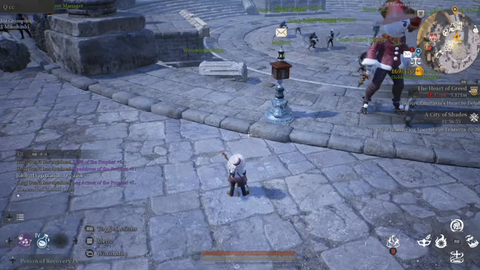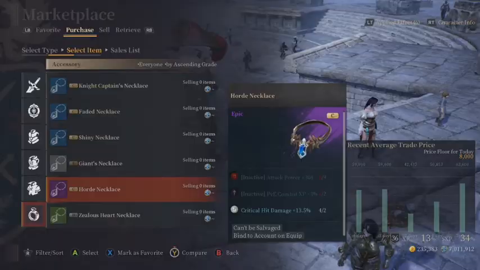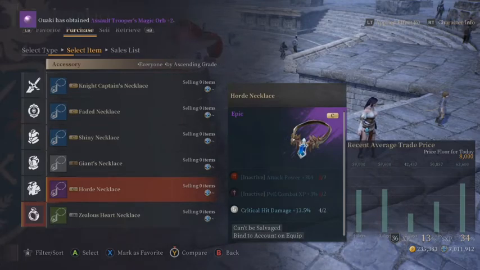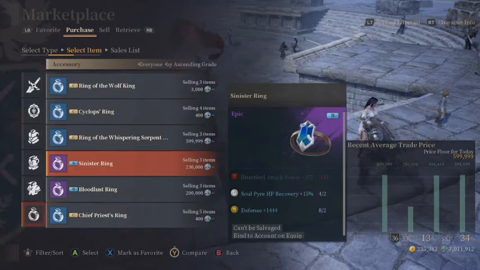And today we're going to be talking about Stormchaser, the best build for Stormchaser. Now, always choose accessories. If you want a thick heal, then always choose the Horde necklace and the Sinister ring, which requires 9 and 11 reds to activate, giving you a boost of 681 attack power and 13.5 extra crit damage, 1200 defense. I don't recommend this because if you have a Mythic 5 weapon already, you don't need the